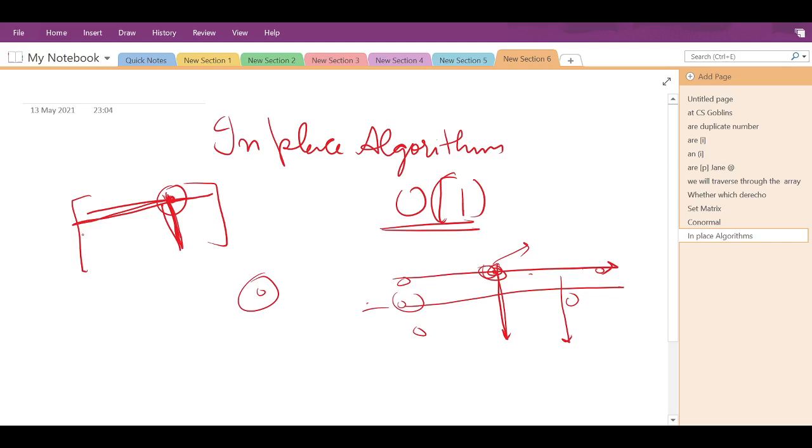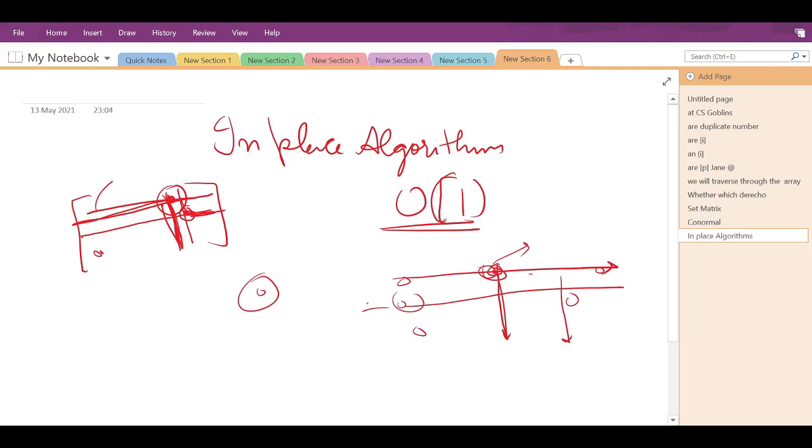Now we'll move to the next row. And let's suppose this element is 0, we'll do the same for that column and row. Right?